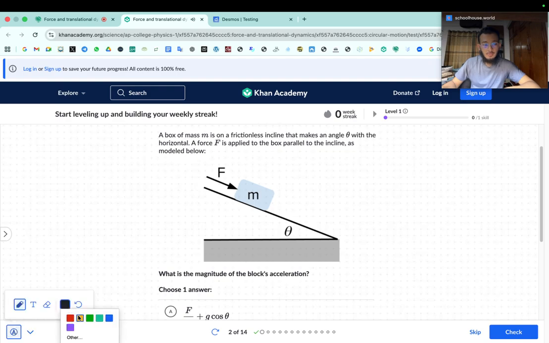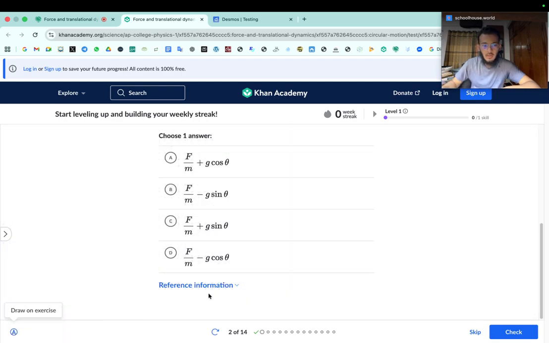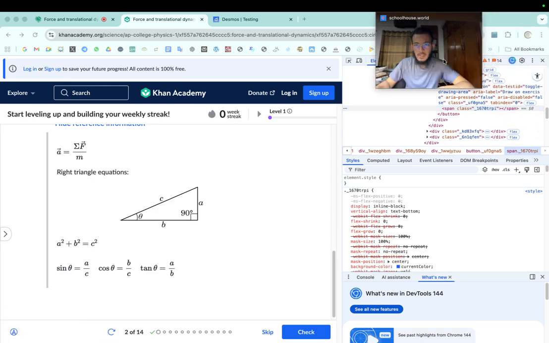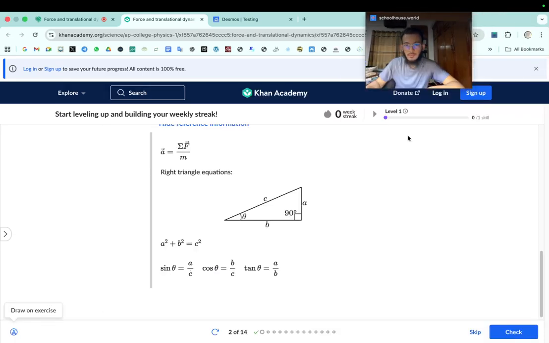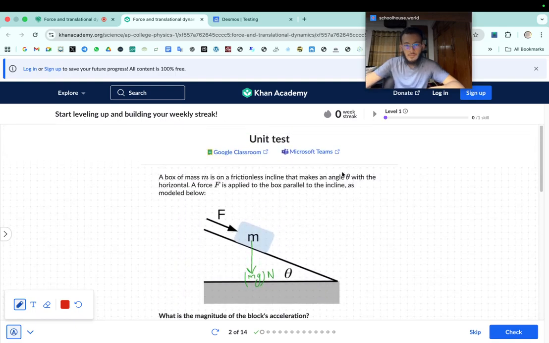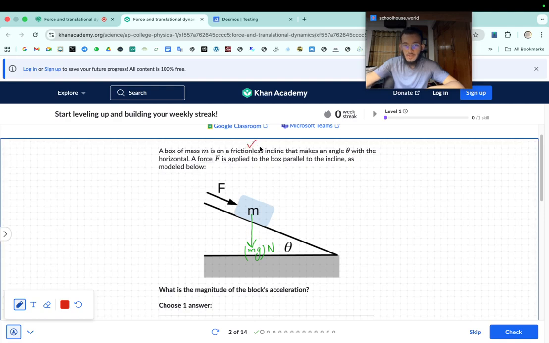All right, next question. A box of mass m, so because it has a mass m, the gravitational force would be downwards directly, and that would be mg newtons, with g being the gravitational field strength, which we take to be 9.8. And a box of mass m is on a frictionless incline, so we don't have any friction, and that makes an angle theta. So if this is theta,